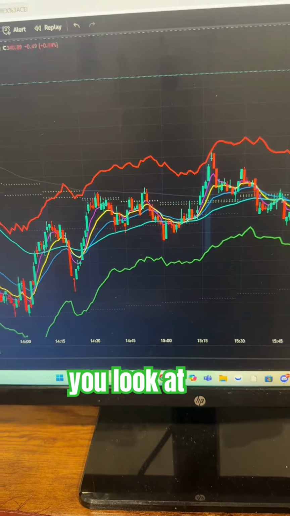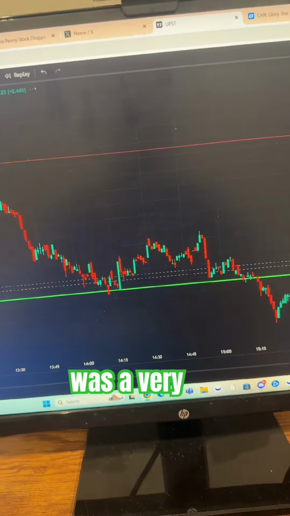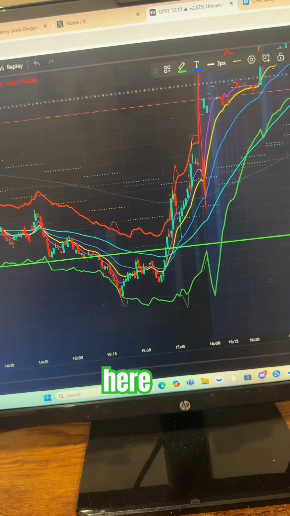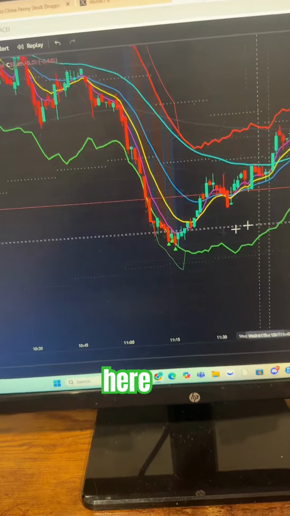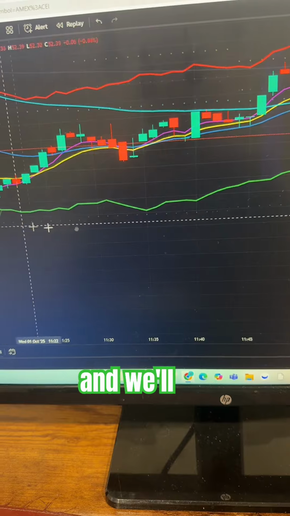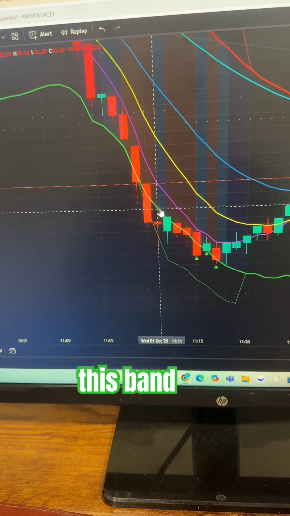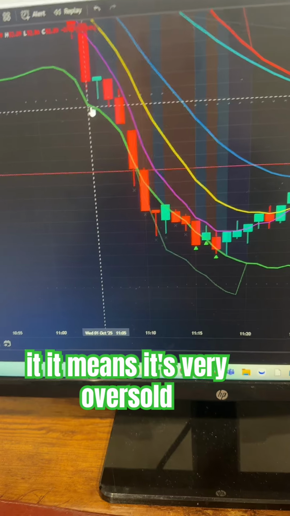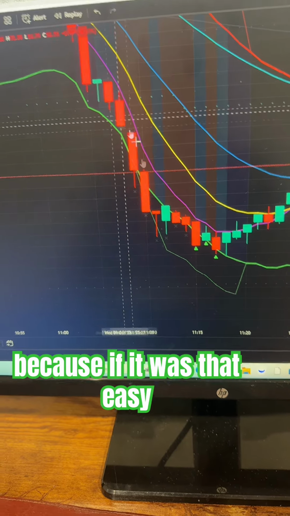If you look at, let's look at some plays we traded today. We took Upstart. This was a very fabulous trade here. We took Upstart when it was down in this region here. You see how these arrows start coming up at extreme areas, and we'll also have things like these X's. Just because it touches this band doesn't mean you get in. It means it's very oversold for sure, but we don't just get in, because if it was that easy trading,